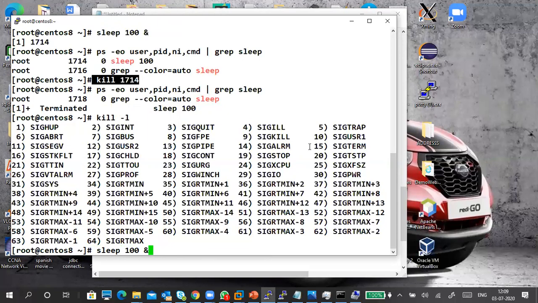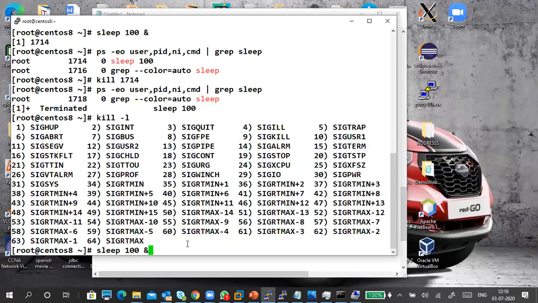This is the termination signal 15. By default the kill signal is 15. If you don't want 15, you have to specify. For example, I want to use 9, then kill hyphen 9 1714 like that. If I don't use anything, it is TERM only.